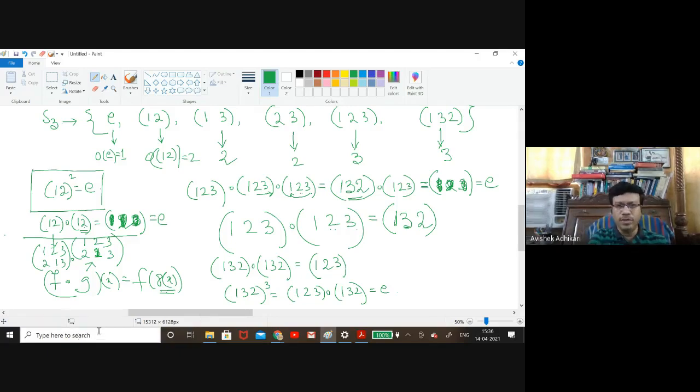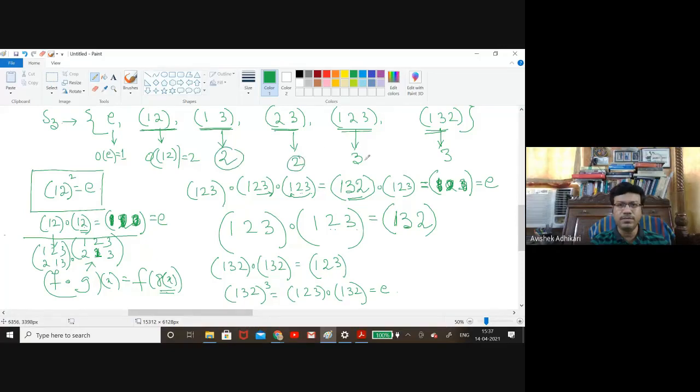So one important observation that you need to prove, but you can prove it later on, maybe after 2 or 3 classes. I will ask you to prove this observation that you can check here. So this is a cycle, right? 1, 2, and again 2 goes to 1. This is another cycle. All of them are cycles. Now what you observe here, the length of this cycle is 2. The length of this cycle is also 2, and then 3 and 3, and that is the same as the order.